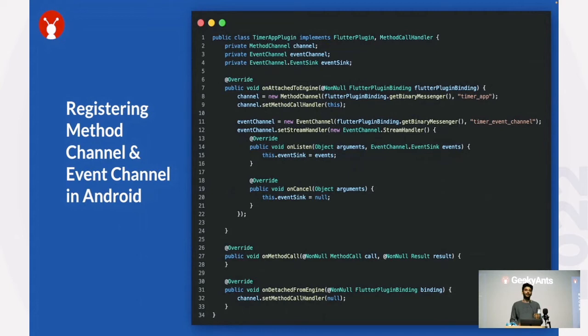We will be defining the method channel and event channel in our onAttachedToEngine, and then registering using setMethodCallHandler. You can see that I have created the method channel handler. I have passed the getBinaryMessenger, which is used for the binary encoding, and there is a key, the timer app. The same is used for the event channel also, timer event channel. You have to use the same key so as to connect with the Dart side, and on the iOS side also. Okay, and then to register this event channel, you need the setStreamHandler method,